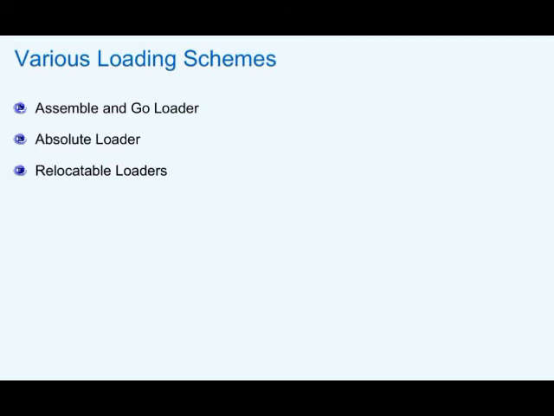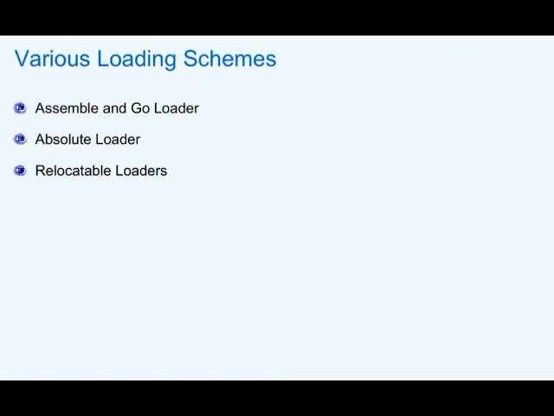So in place of this, we have another loader called the absolute loader, where the programmer says where the program should be loaded. Now if you look at the bootstrap loader, which is generally used, that is loaded in one specific location. Whenever you boot your system, the loader is going to load one part of the program, that is the operating system kernel part, into the main memory so that it starts taking care of your system.